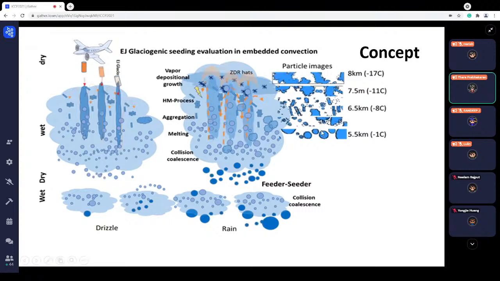These are actually the real pictures from the SIP images, and how the raindrop has formed in this cloud. We could document that from the in situ measurements as well as from the radar observations, and then there is an aggregation process and the melting,